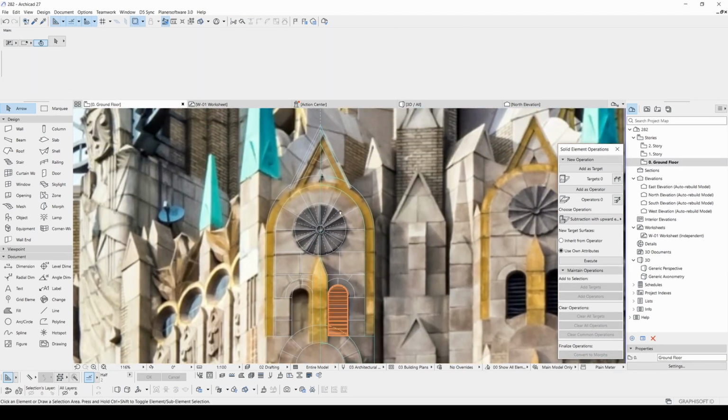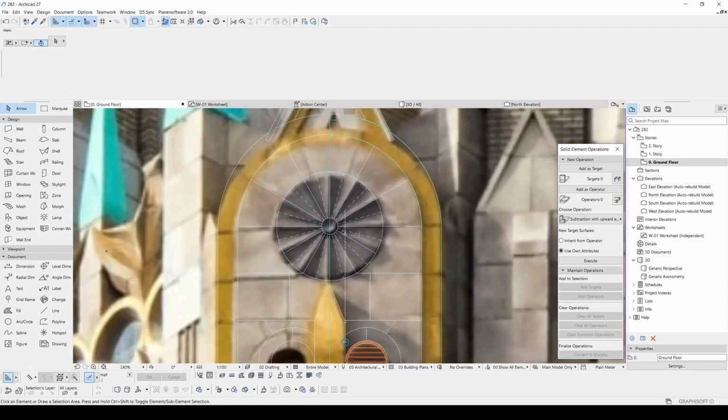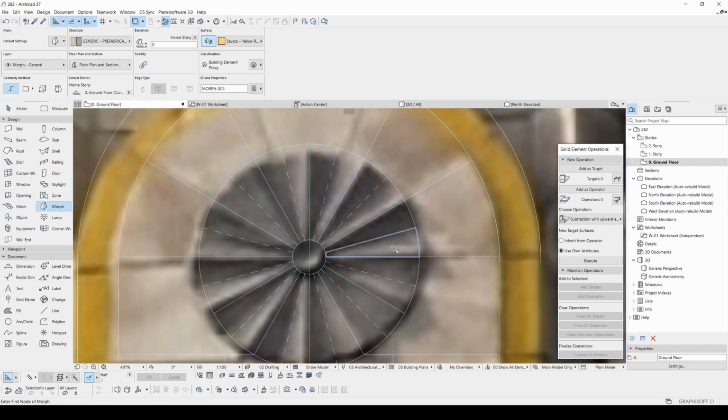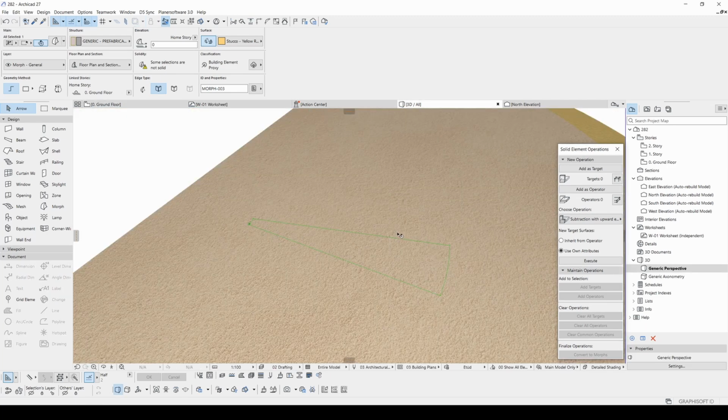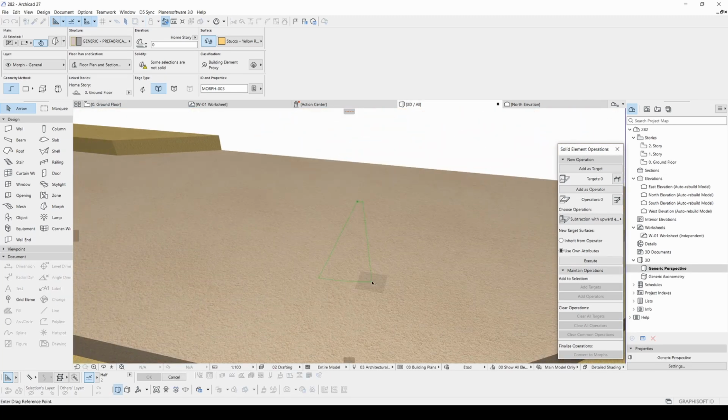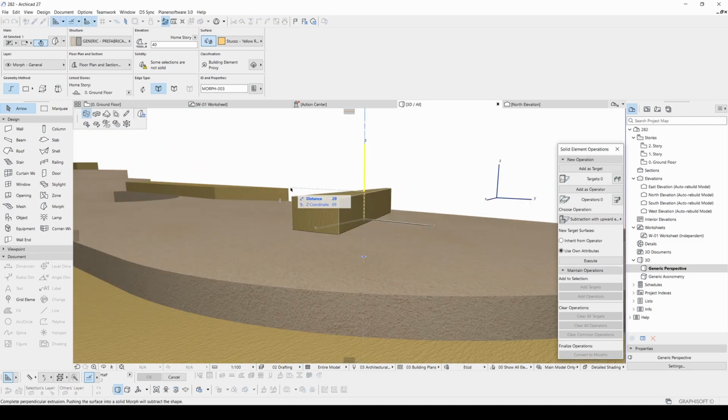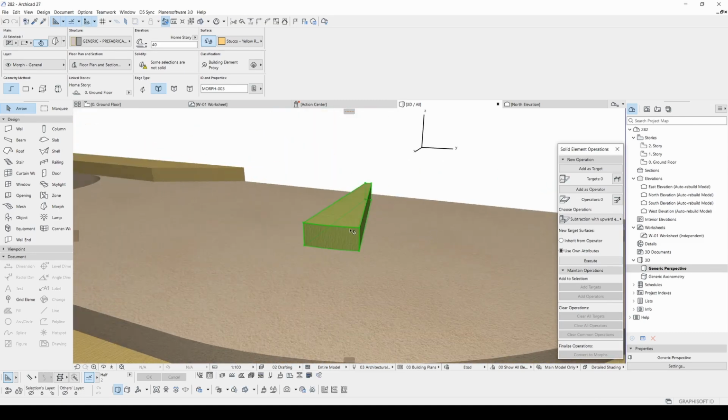Before the last step, we will model this circle. To do it, we are going to use the morph tool. I'm just going to hit the space and fill this part. I will switch to the 3D window, move this up, and I want to extrude this maybe 20 centimeters or less.